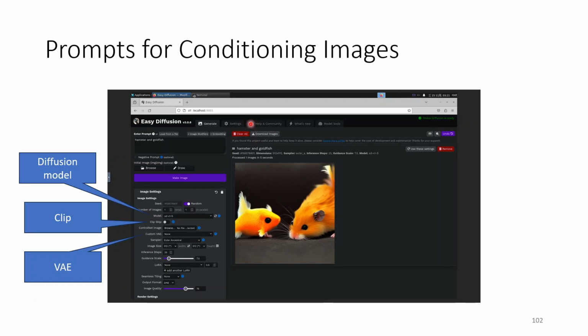So you saw the interface last week. Here, the model is the diffusion model you can choose. And there are the CLIP, and the VAE. All of them are computer vision models. And because we don't have enough time,